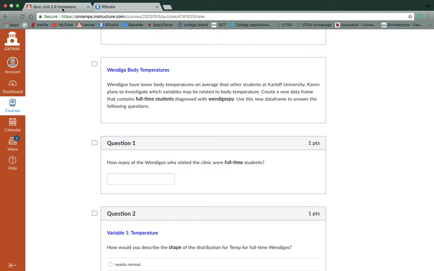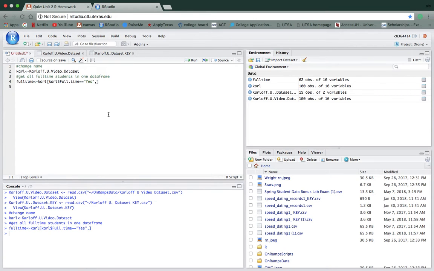So let's go back to the quiz. It says how many of the Wendigos who visited the clinic were full-time students. So now we have to make another data frame that contains full-time Wendigos. So let's do another hashtag. Full-time Wendigos. So let's call this full win, so we don't get confused. Less than sign, dash, and we're going to tell RStudio to get it from the full-time data frame. Bracket, then full-time,